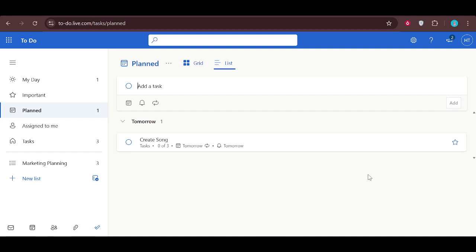Putting it all together, use My Plans for team and project work, My Tasks as your complete list of everything assigned to you or created by you, and My Day as your focused shortlist for what you'll tackle today. Once you get into the habit of moving tasks between these three views, you'll have a simple, flexible system that keeps you organized without feeling